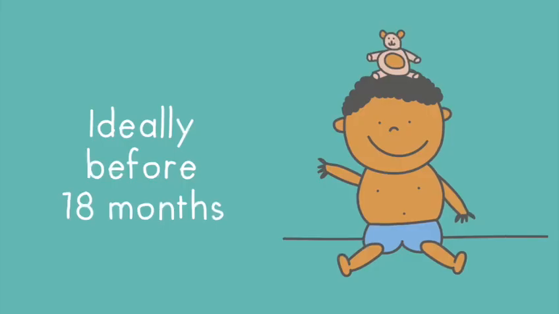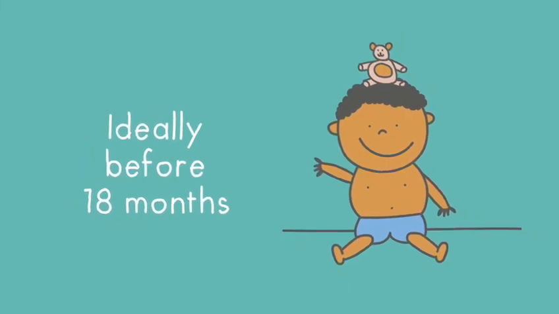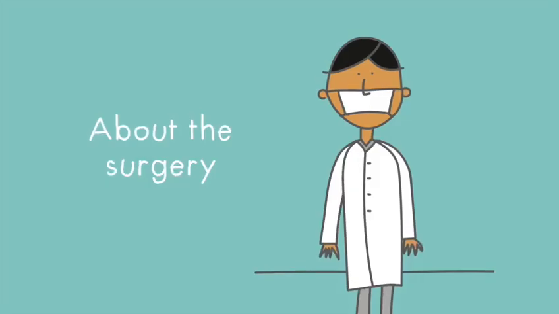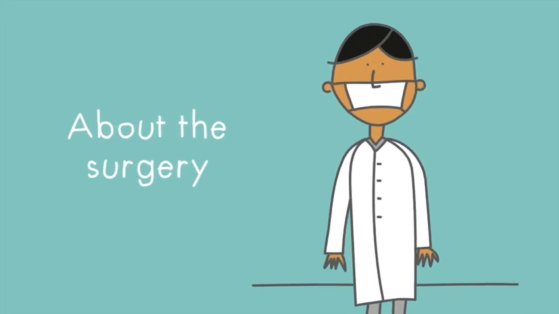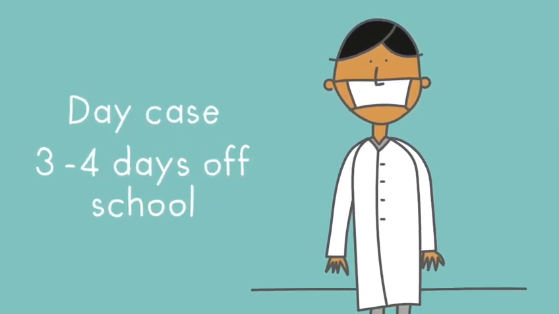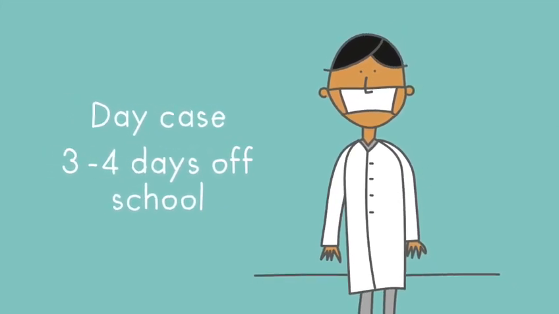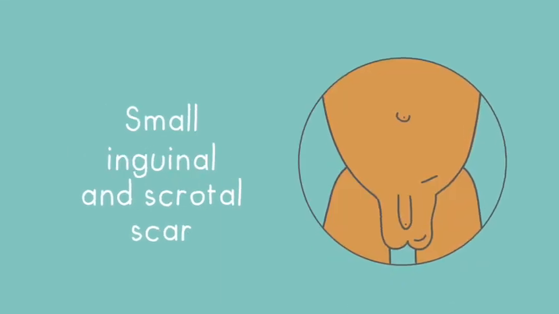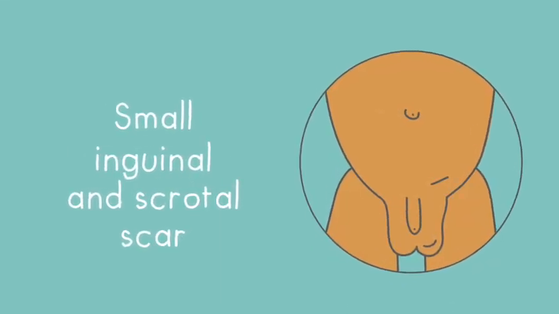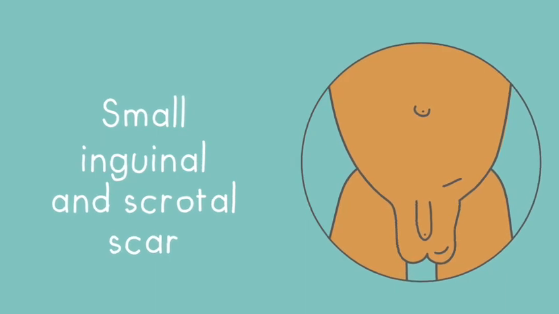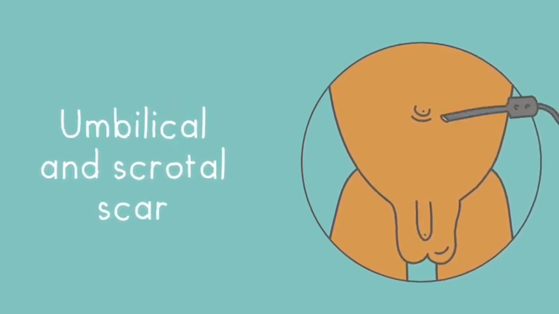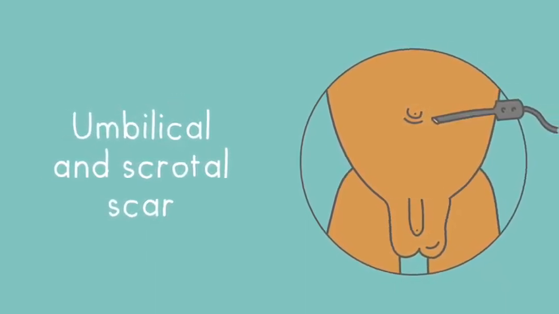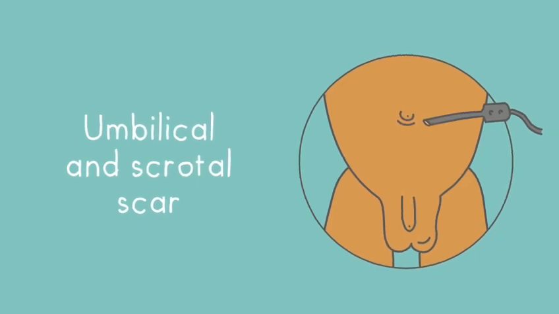Orchidopexy should usually be performed before 18 months of age and is usually a day case procedure. Post-operatively, children can resume normal activity after 3 to 4 days, and for those undergoing open orchidopexy, parents can expect to see a scar in the scrotum and the groin on the affected side. For those undergoing a laparoscopic procedure, parents are likely to notice a scar in the scrotum and under the belly